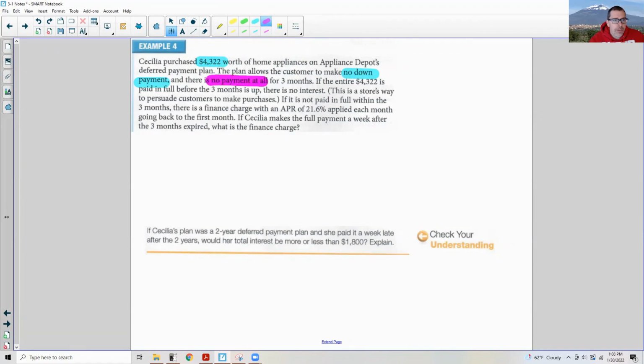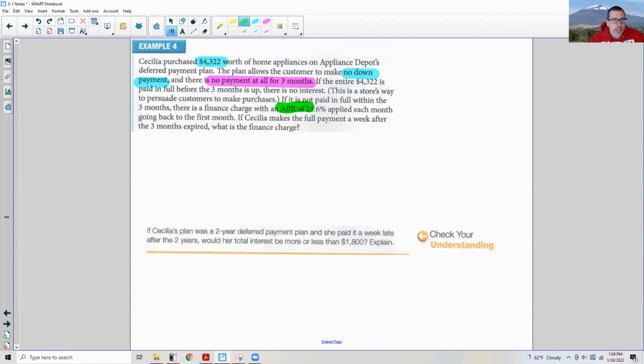A lot of places will do that. They'll give you a 3-month break. You have it, you use it for 3 months, and you're not making payments on it. If the entire $4,322 is paid in full before the 3 months is up, there is no interest. This is a store's way to persuade customers to make purchases. If it is not paid in full within the 3 months, then there is a finance charge